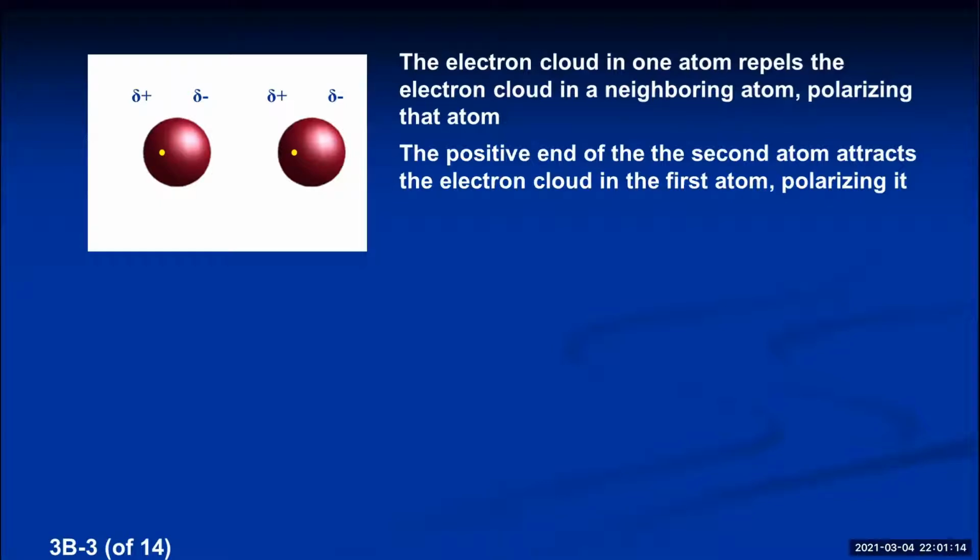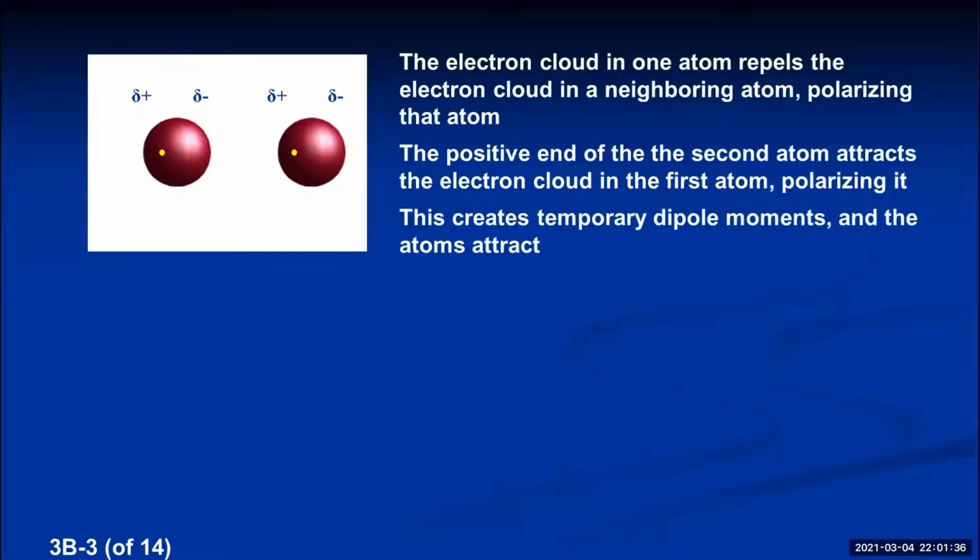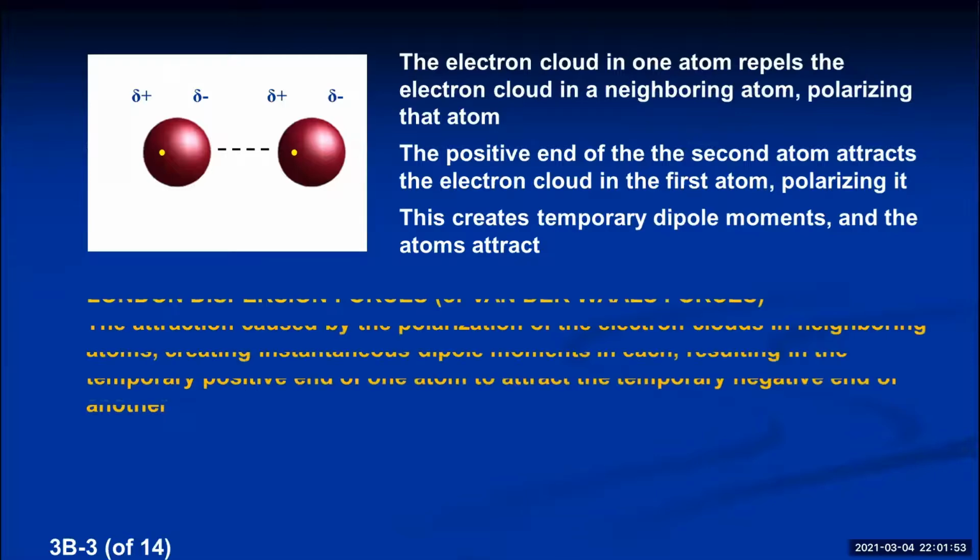So what you've done is you've created a pair of atoms that used to be perfectly nonpolar because the nucleus and the electron cloud were perfectly symmetrical. You've now shifted the electron clouds and made them polar. We say they each now have dipole moments, much like a polar bond has, but they're not permanent, they're temporary, just because they're caused by the influence of a neighboring atom. So this creates what we call temporary dipole moments, and the positive end of our second atom is going to naturally attract the negative end of the first, and that little attraction there is very weak, but it does exist, and it's called a London dispersion force.